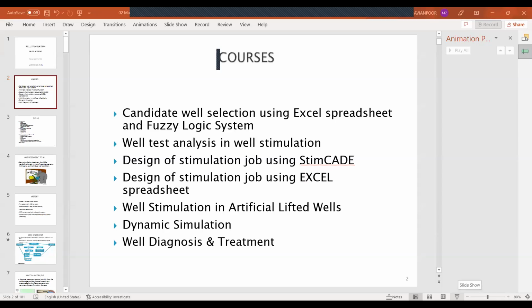Candidate selection using an Excel spreadsheet and also using a fuzzy logic system. I've developed several methodologies for this. Specifically, we will go for well test analysis for well stimulation, specifically for matrix acidizing. Also, we have done several courses using Steamcade for well stimulation, and the main topic that I'm interested in sharing with you is using manual